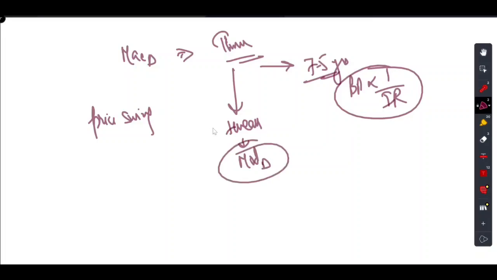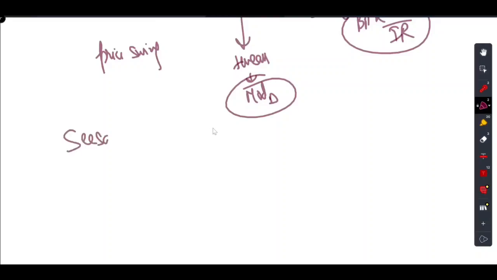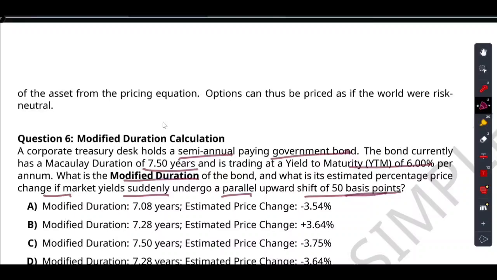Fine. Next, you need to know the golden rule of the bond, and the golden rule of the bond is called the seesaw effect. I told you already that bond price and interest rate sit on opposite ends of the seesaw. If the interest rate goes up, the price of the bond goes down. In this particular case, the interest rate just went up by 50 basis points, an upward shift of 50 basis points. That is just banking slang for half a percent. You can call it 0.50%. Because the rate went up, we know for a fact that our bond price is going down, right?